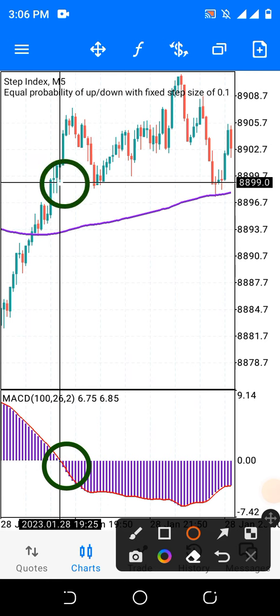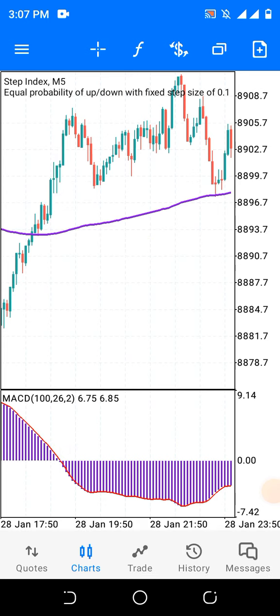Now your stop loss, this is where to put your stop loss. You put your stop loss where the moving average is. So you make your entry here, then your stop loss is at the moving average. Do you understand? So that is it. The moving average will serve as what? Stop loss. So let's see how the market plays.